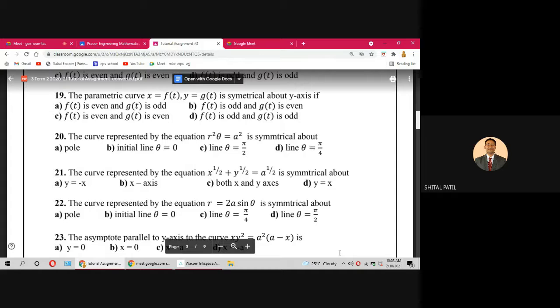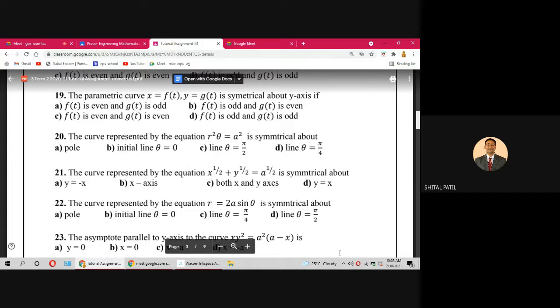अरे किसी को याद नहीं क्या? R replaced by minus R, there is no change in the curve. So curve is symmetric about pole. याद रखना है इसको आपको. हाँ. Then curve represented by x raised to half plus y raised to half equal to a raised to half